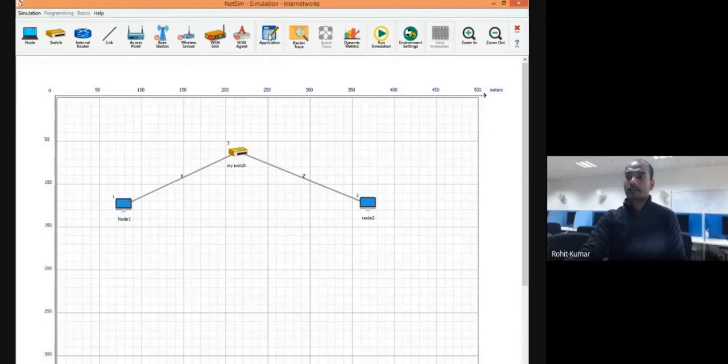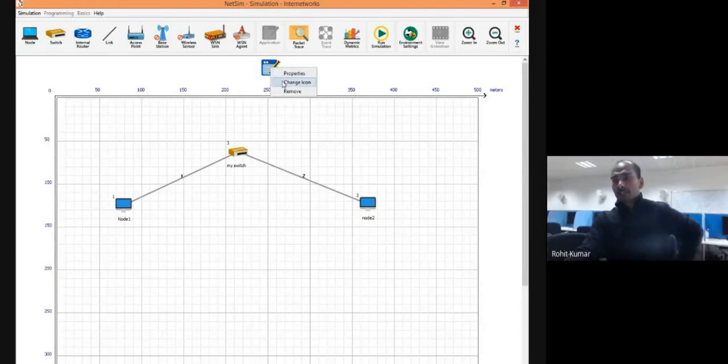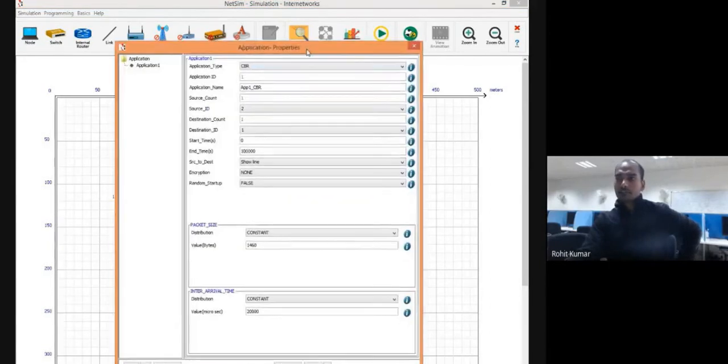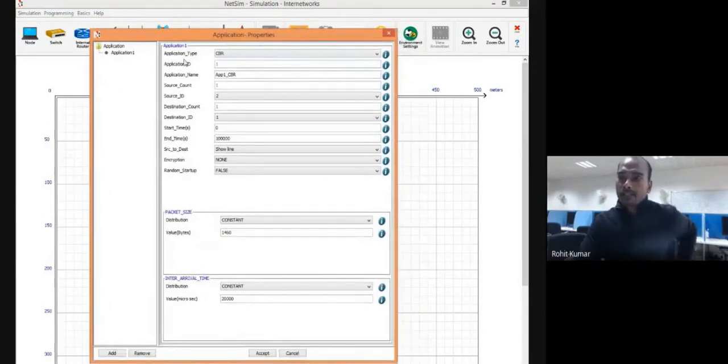See here, I click on application and I click in between the grid. Anyway, it will automatically go to the top of the grid. So the application is getting deployed on top of the hardware setup. Right click again, you can change the icon, you can remove it, and you can change the properties. We are interested in changing properties. So we'll go here. In the application, I'll again take 2 minutes, because in the initial setup, time is important to give the fundamentals. Once you understand the fundamentals, later on you can do your own hit and trials.